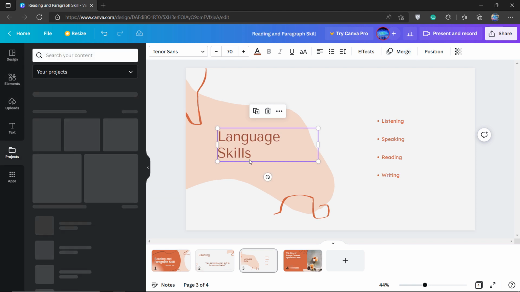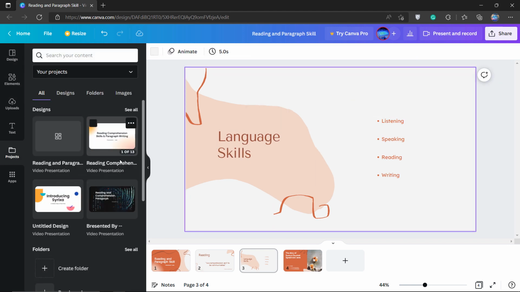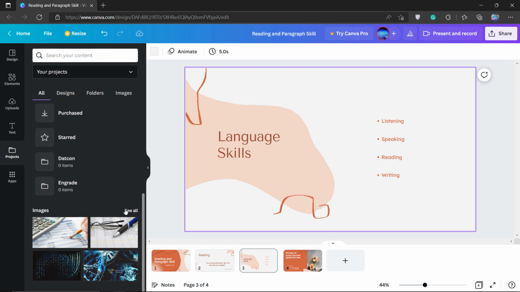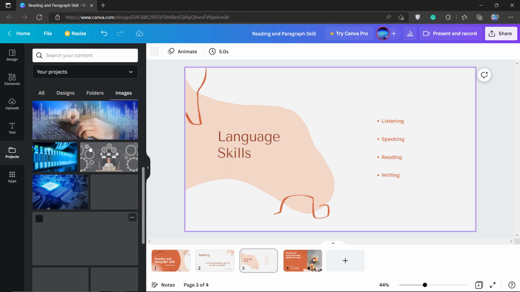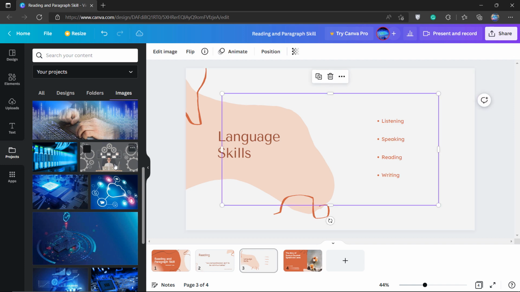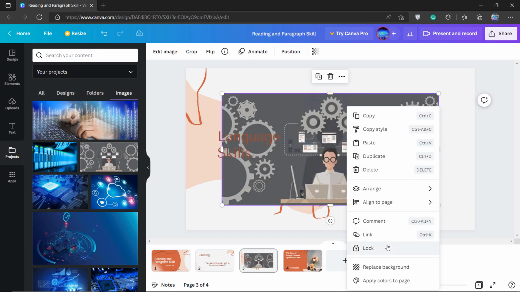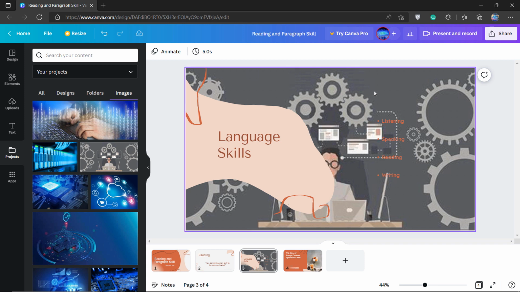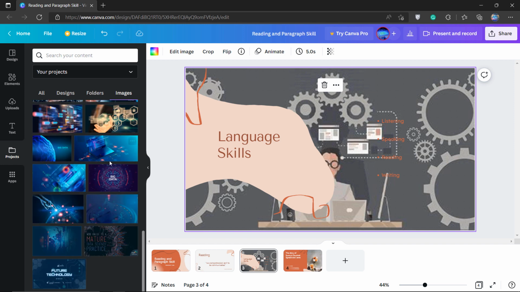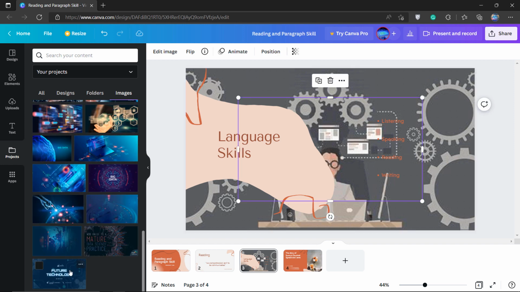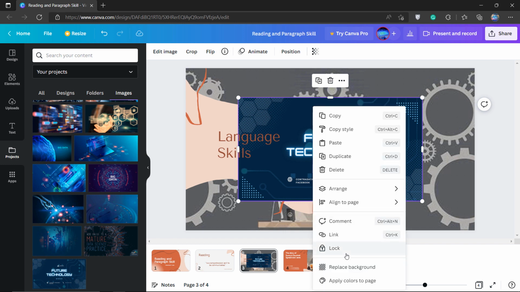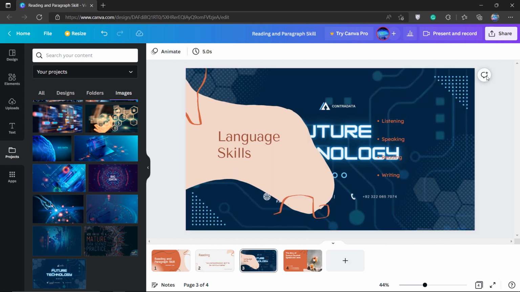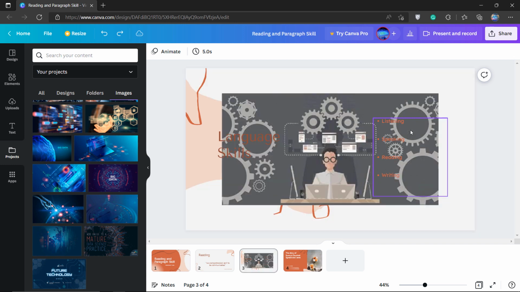Okay, so let's add another thing. Here I have a bunch of library projects that I have done previously, and there are many other materials of those. Let's add them to our project. Replace background. So the background will be replaced through this. This seems a little bit ugly, and you can add whatever you would like, suitable for your work. So let's leave this for now.